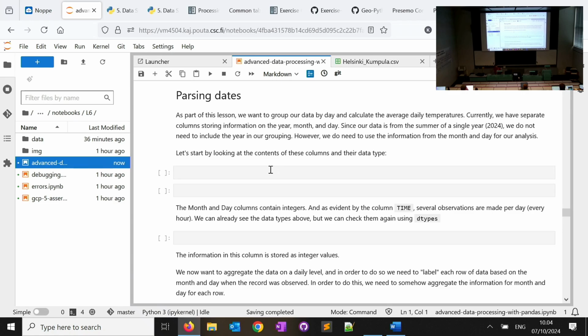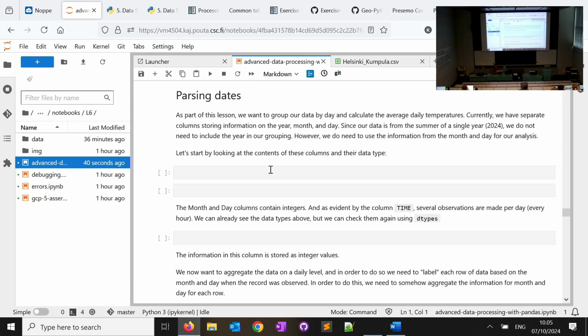So I'll give you a geographical example. Imagine you have populations of all the countries in the world, but not by country, rather by the states or regions in the country. But someone asks you, okay, I am not interested in the population of regions in Finland. I want the population of the whole of Finland. So how do you do that? You have information that Uusimaa is located in Finland. Then you aggregate all the regions which are inside Finland into one new line of data, which is Finland. You do the same thing for the whole world. So this is the idea of aggregation.